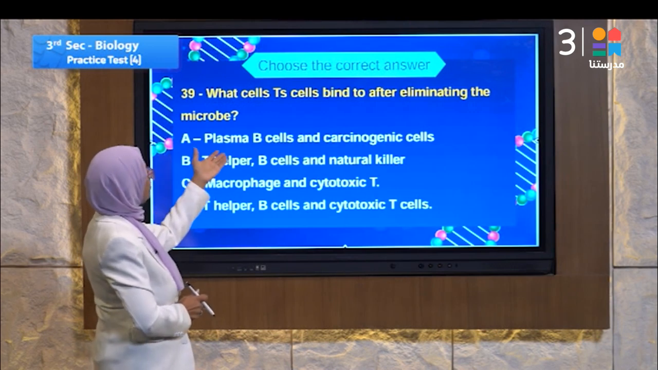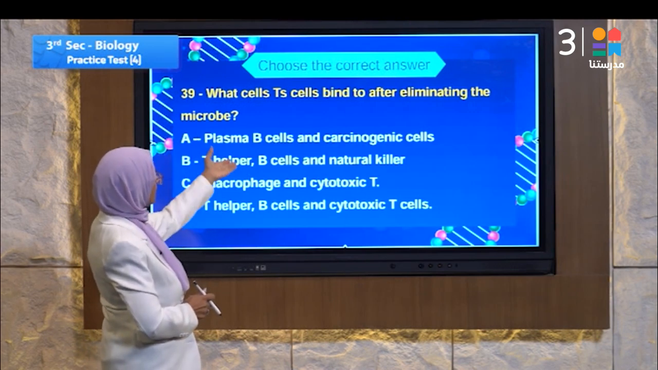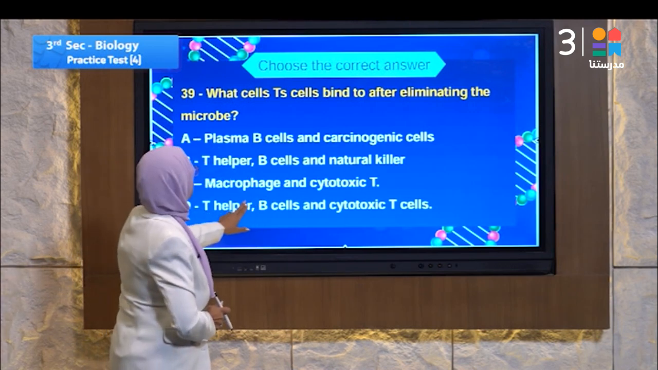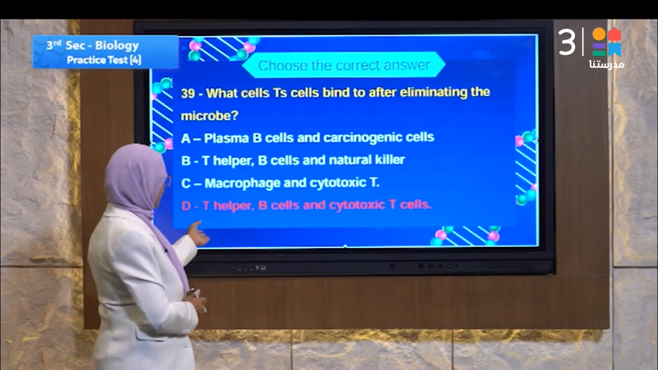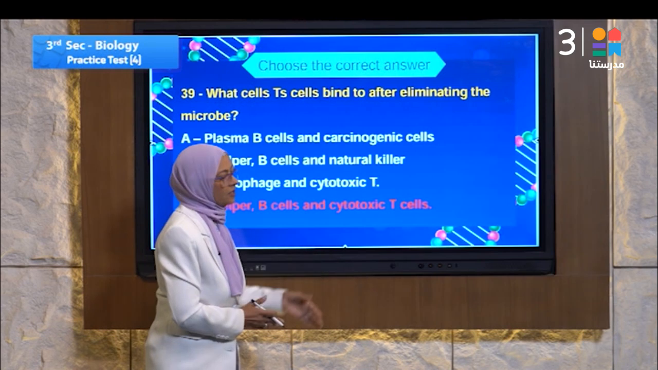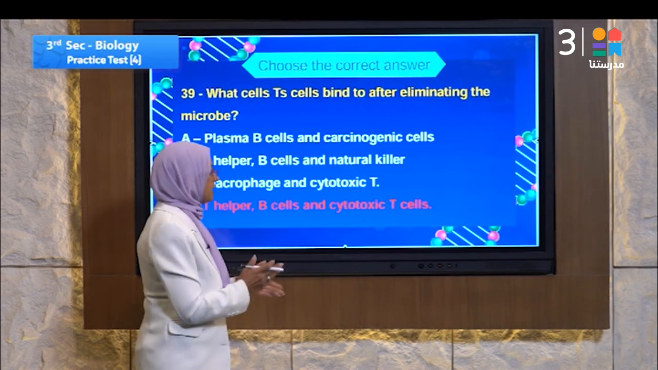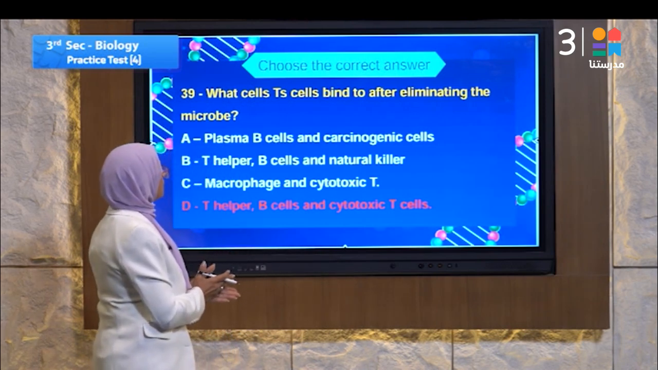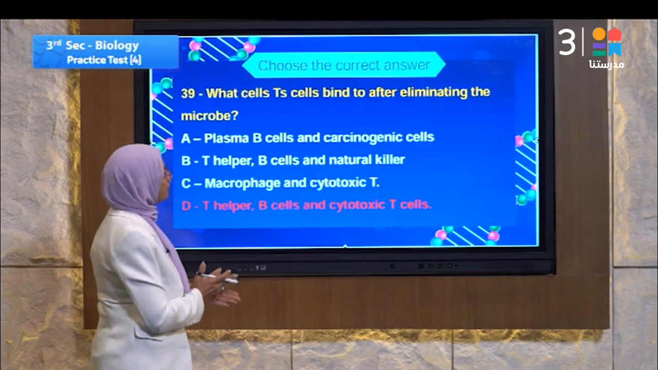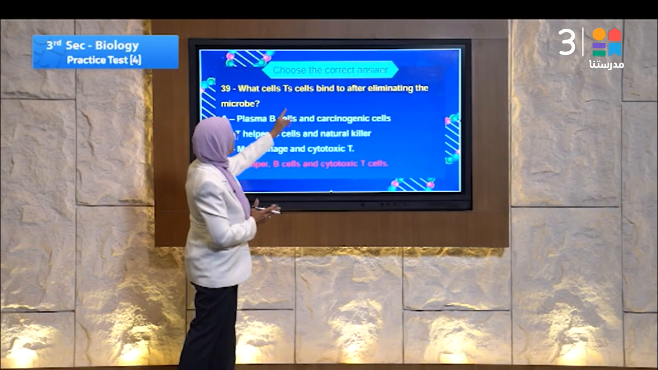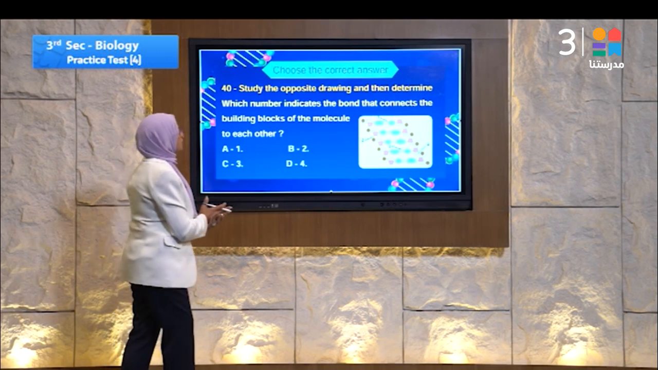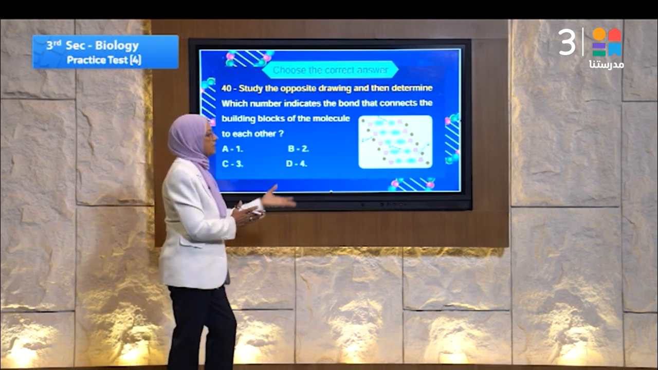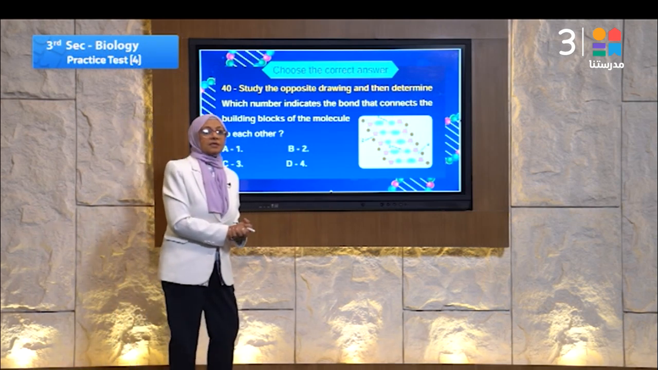Which of them bind with TS after eliminating the microbes? The answer will be all of them. T helper, B cell and cytotoxic T cells. That's bind to after eliminating the microbes with the TS. Let's go to question number 40. Question number 40 is speak about DNA again. Let's go